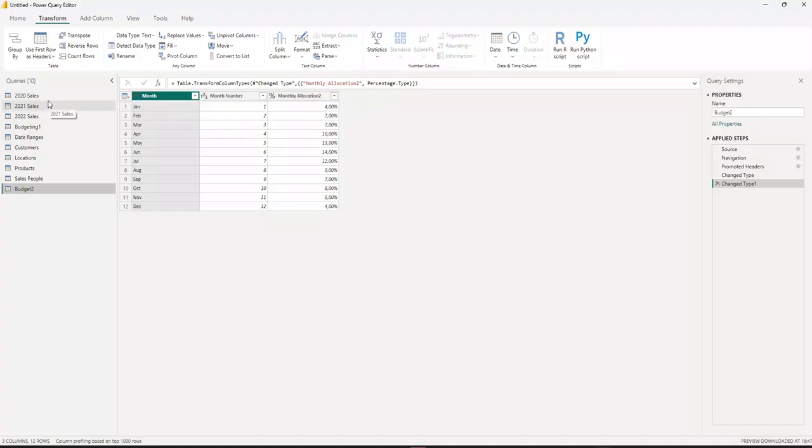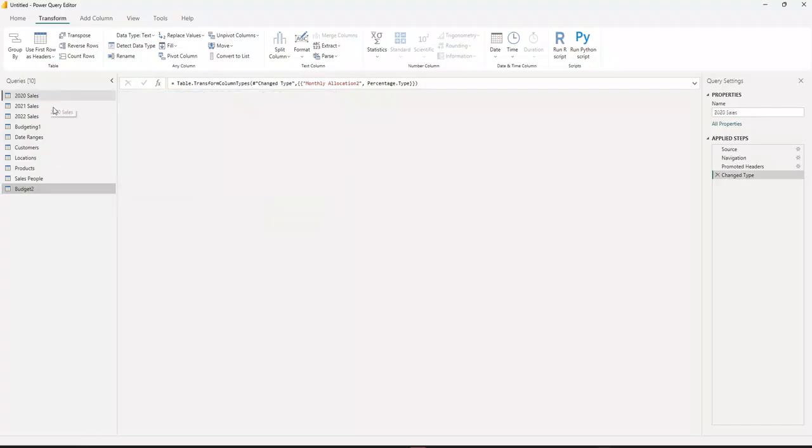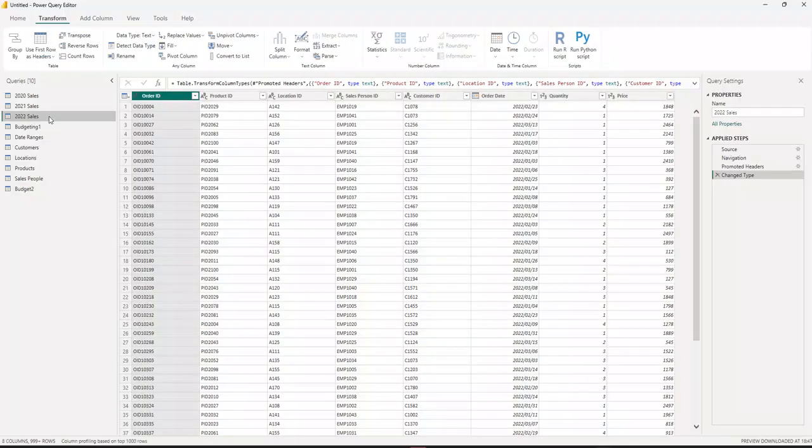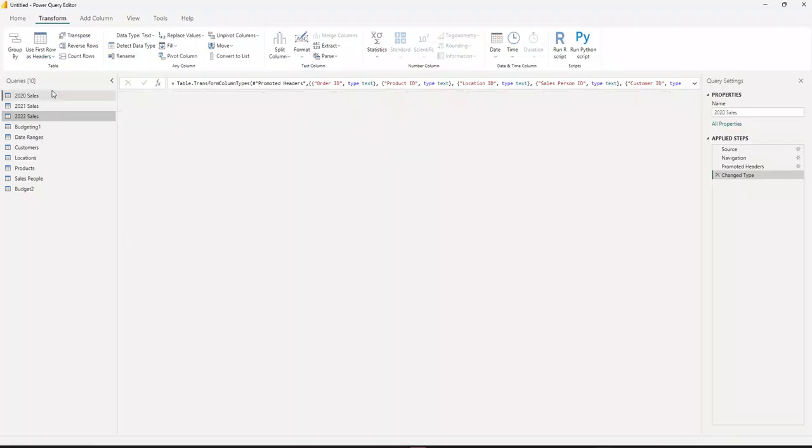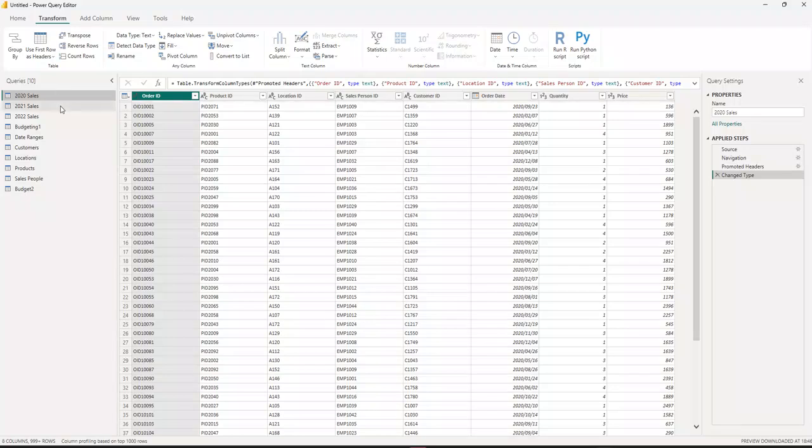So we don't want to be working with these as separate sales data, right? We need to append one on top of the other to create one file, which has all the sales for all these years. So we use a function that we call,